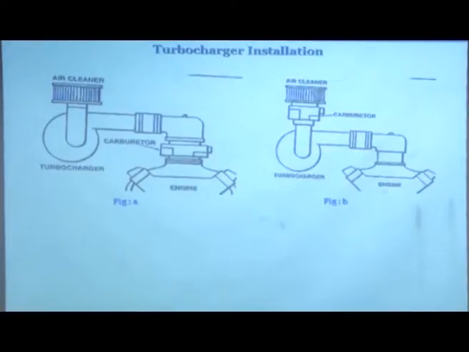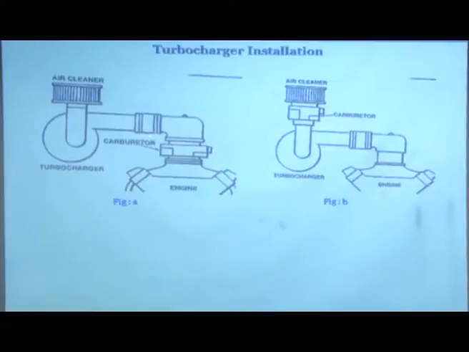Should you install the carburetor before the turbocharger? Should you install it after the turbocharger? So, this is one question that was a big issue. I would just like to, for the historical reason, just for the understanding, of course, it is not very relevant today, because carburetor engines are not used anymore. So, this is just for historical reasons, and for the sake of understanding, this concept can be used in other applications. So, turbocharger installation, particularly for gasoline fueled carburetor engines, only from a historical perspective, 1980 and earlier,